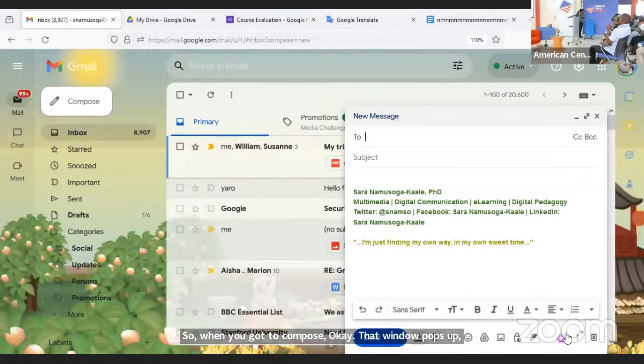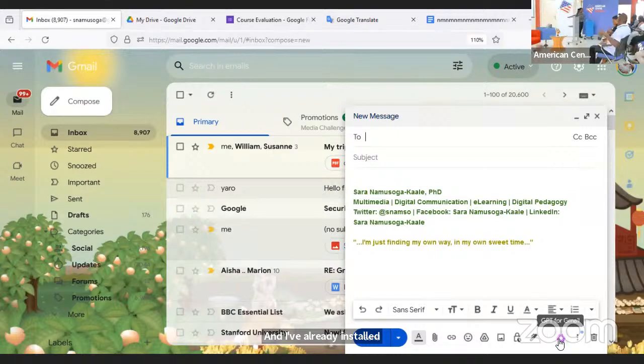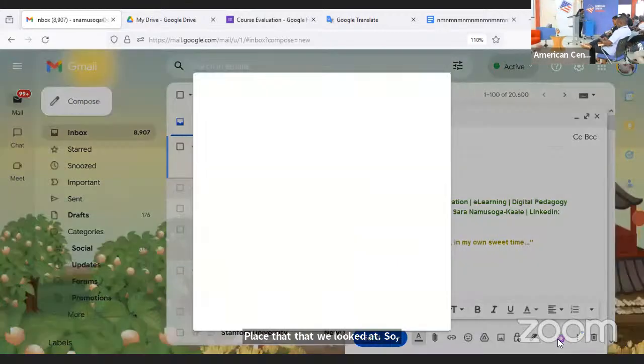And I've already installed this here. So GPT for Gmail, you can find it under the apps place that we looked at. When you click on it,